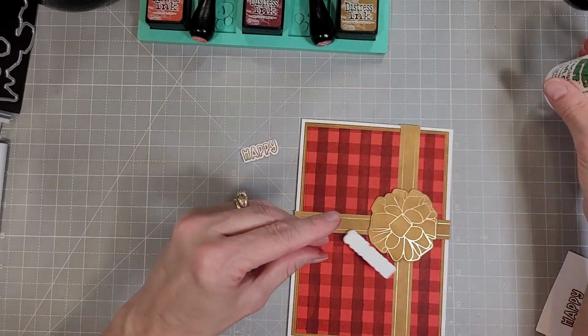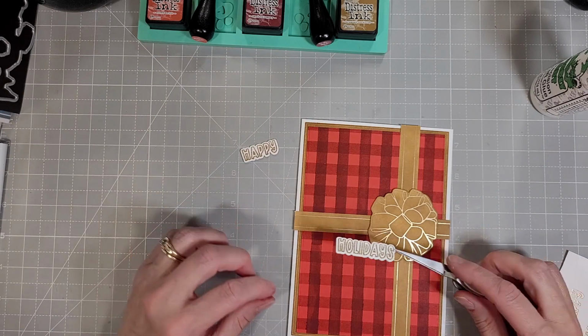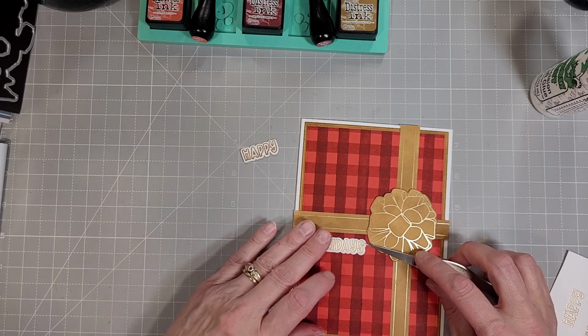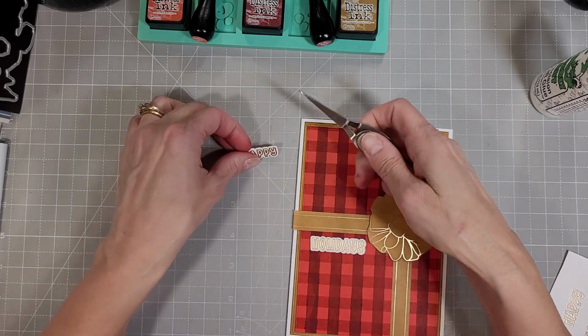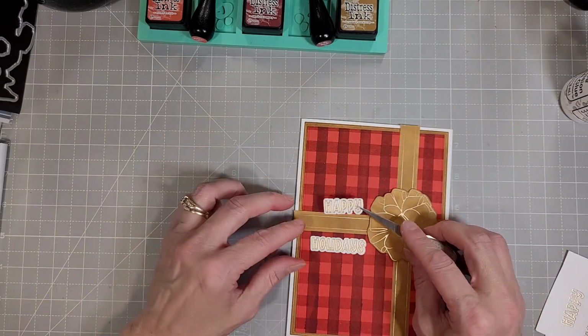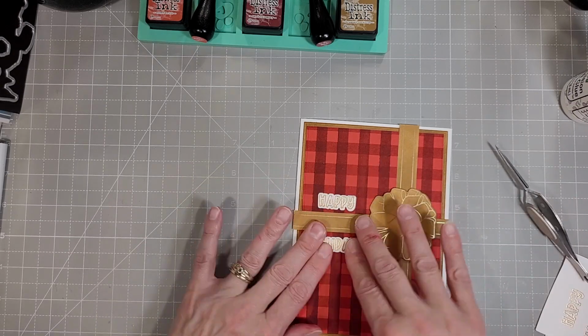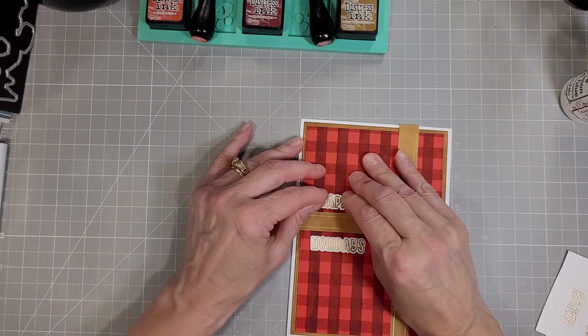Next, we're going to adhere these to the front of the card. I am going to use my tweezer just so I don't get my gluey fingers all over my project. The plaid stripes do really help when I'm trying to line up my sentiment nice and straight. I decided to go above and below that cross